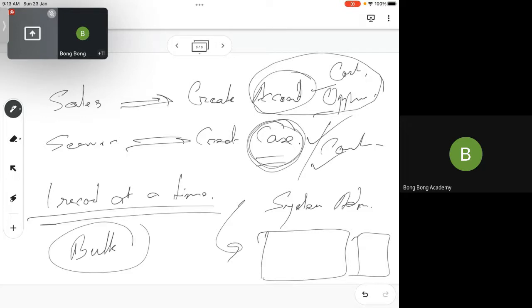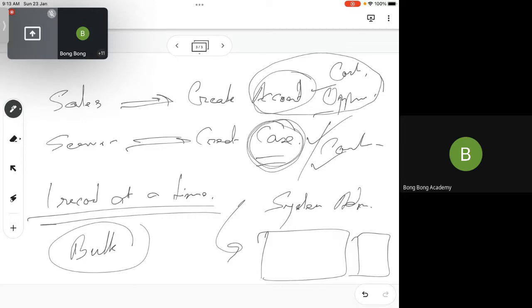Here bulk operations come in. So you cannot create accounts one by one. You cannot create cases, contacts, and opportunities one by one. Not possible, right? Because maybe 5 years the business is going on and you have to push all data into Salesforce first. Then only the seller side will be able to use Salesforce, because they cannot start on a blank slate, right? They already have existing customers. Are you getting the context? What will be your role?